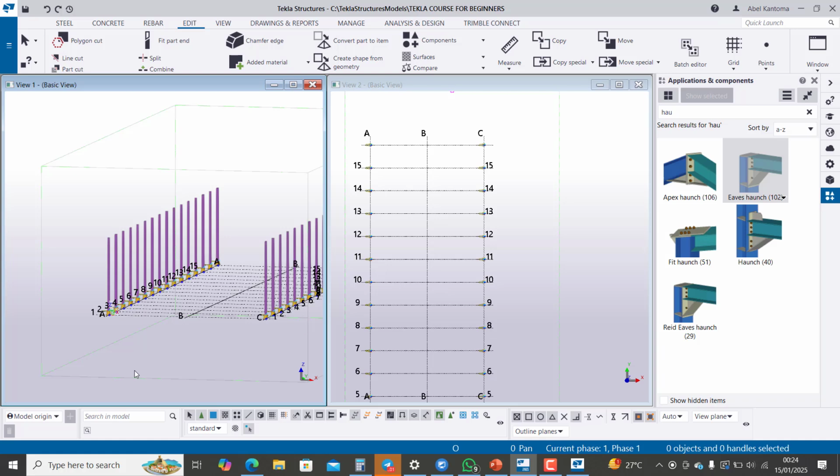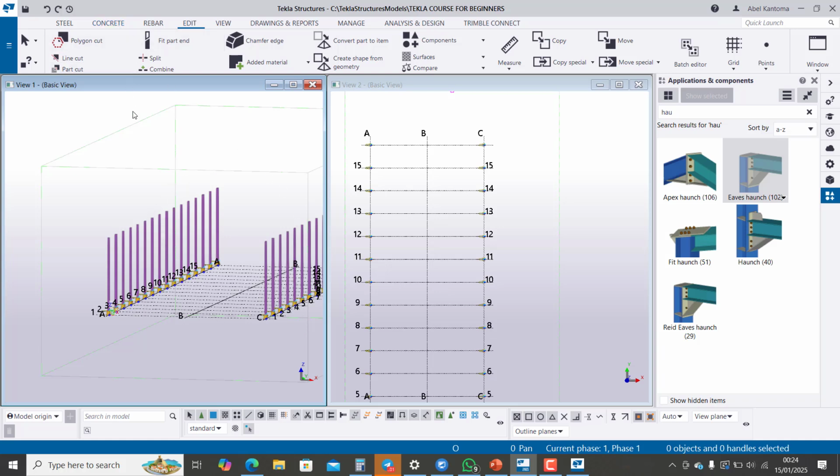We have covered episodes 1 to 2 of this particular course, where I demonstrated how to make changes to your unit, how to create your grids, how to create your columns, your base plate, and then your reinforced concrete column, and even including the reinforcement on it. So on this episode, quickly, I'm going to be showing you how to create